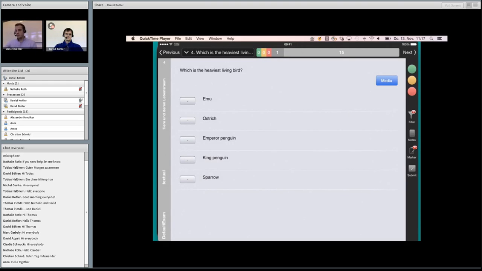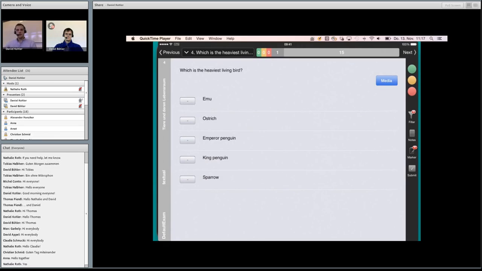And now we're actually in the BeAXi client itself. I'm working now on the iPad. That's why I'm not looking to the camera all the time. Sorry about that. No, but the thing is, I have here a demo exam on the BeAXi client, and here